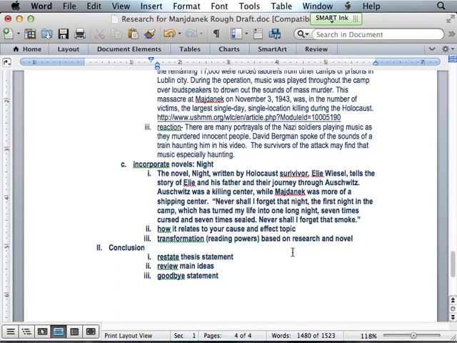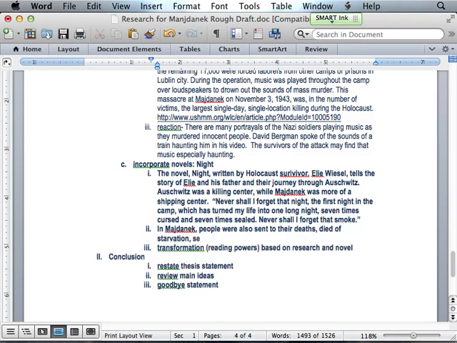So take that back to my cause and effect. In Majdanek, people were also sent to their deaths, died of starvation. Survivors were changed forever.